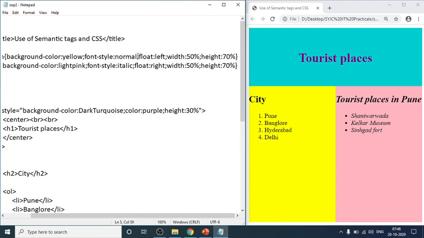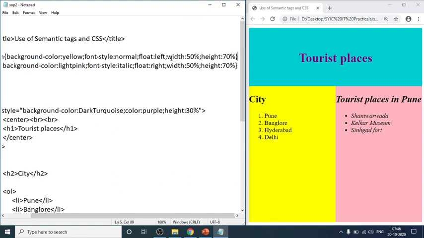The third property we have used is float: left; float left will keep the element floating on the left side. The fourth property is width: 50%; and last is height: 70%, closing the curly brace.